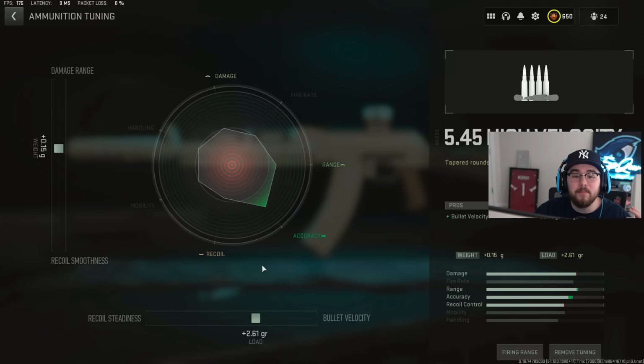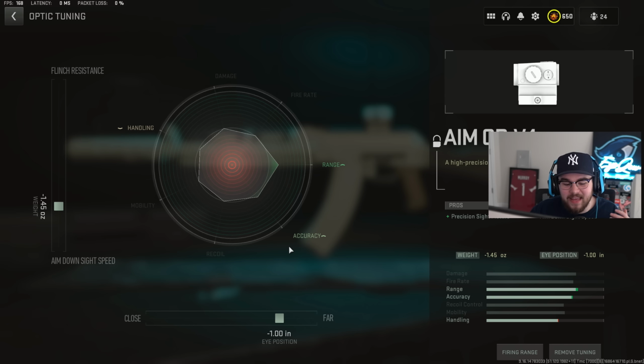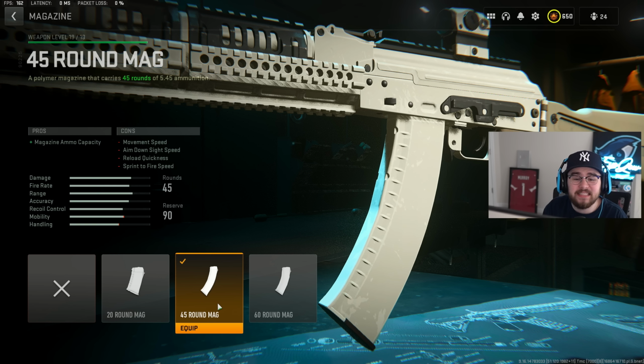For the tuning on the ammunition, I did plus 0.15 for that damage range and plus 2.61 for that bolt velocity. And then, like I've said over and over, the optics are 100% personal preference, and of course, I'm running the AMOV4 again. For the tuning on the optic, I did negative 1.45 for the ADS speed and negative 1.0 for far. And of course, for the last and final attachment, I have the 45 round mag, increasing that mag